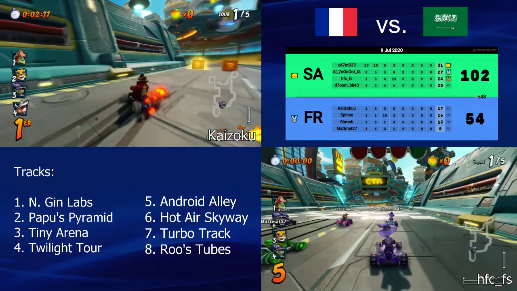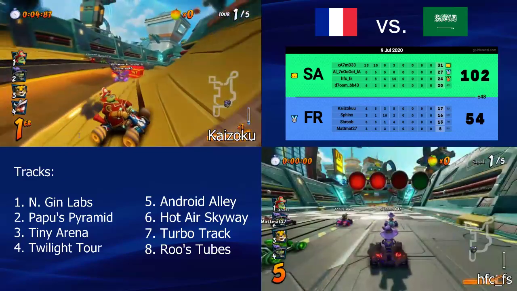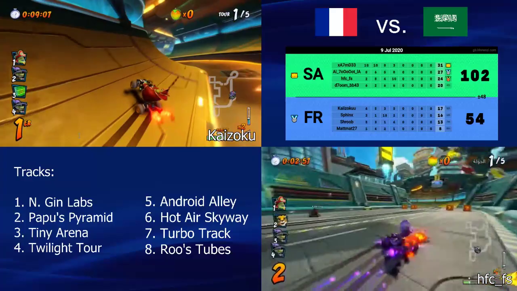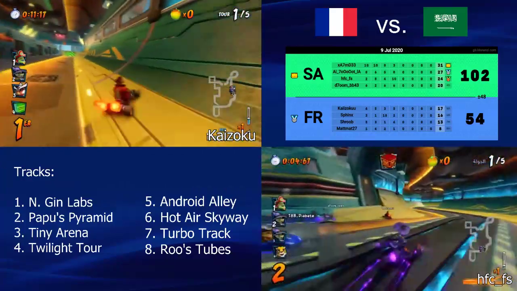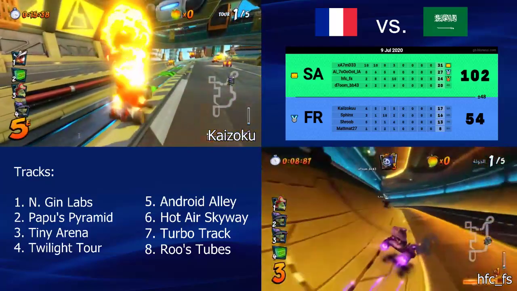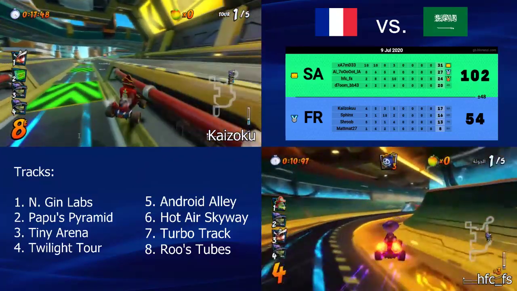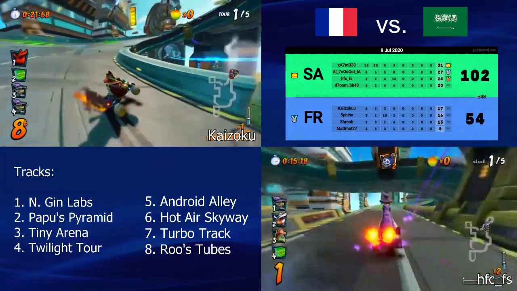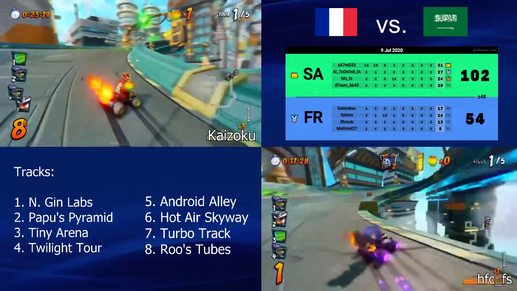It varies a lot based on the track. But like this TNT that Kaizoku got, for example, you could say it was bad RNG, but is it really? Kaizoku got the bomb. Kaizoku is probably going to get hit by the train. What is he doing? Okay, he got stuck. He got basically beanoxed.